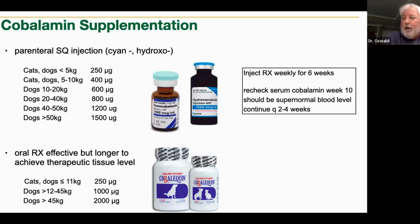One would be improvement in clinical signs. Again, for tonight's talk, we'd be looking for better appetite, less vomiting, definitely less diarrhea, more formed stool, hopefully putting some weight back on. If you wanted to prove that you have given enough cobalamin to this patient, you would then go ahead and